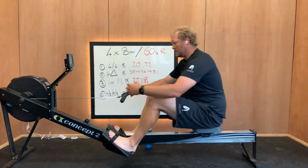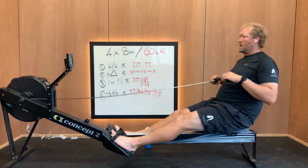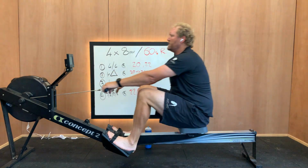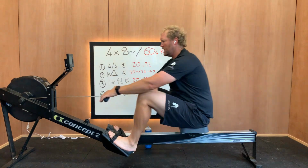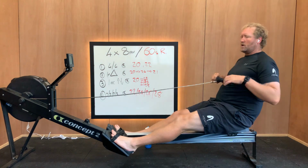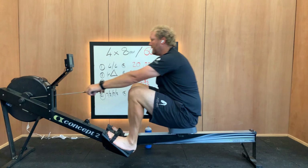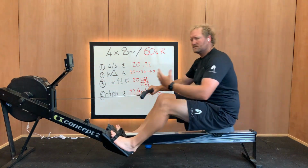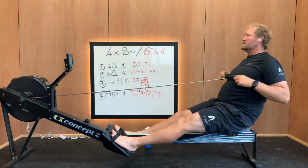Okay, remembering that we get into that compressed position. We can't overreach. We shouldn't try and overreach. We should be content with wherever we're sitting here and we feel we get to that position, we're here, and you're like, that's it, okay? We can try and look for more stretch later, okay, but as we start off, get yourself just set nicely, heads are up, holding ourselves in good place,